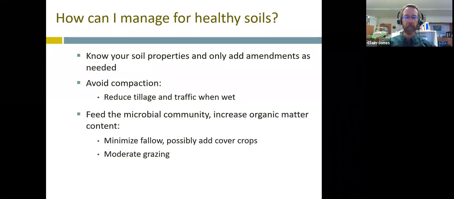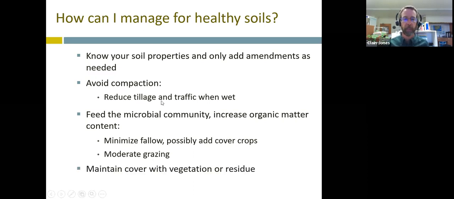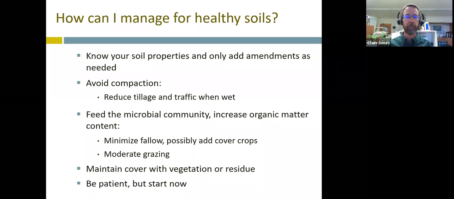You want to feed your microbial community, which means increasing organic matter content by minimizing fallow and possibly adding cover crops, and with moderate grazing, meaning you don't want to be losing all of that aboveground biomass to grazing. And maintaining cover with either vegetation or residue will help preserve water and will also help with soil health. And then again, like I showed with my data, you really need to be